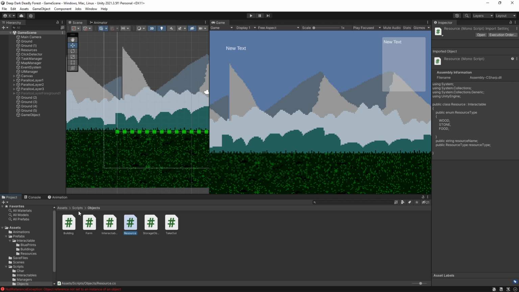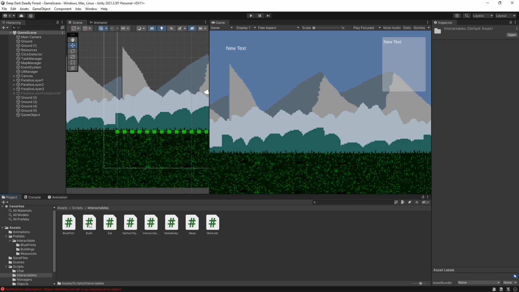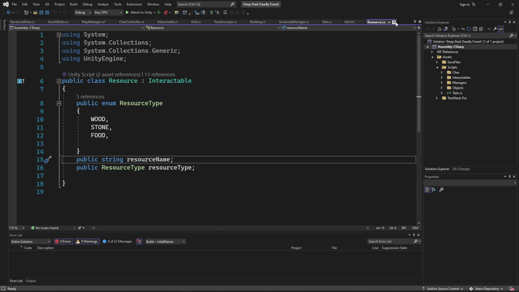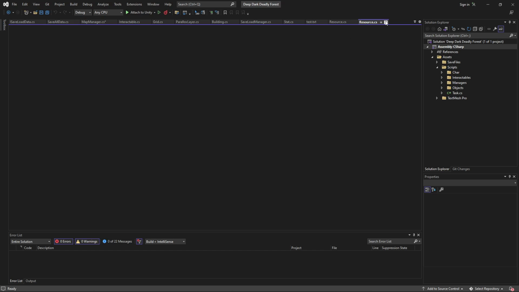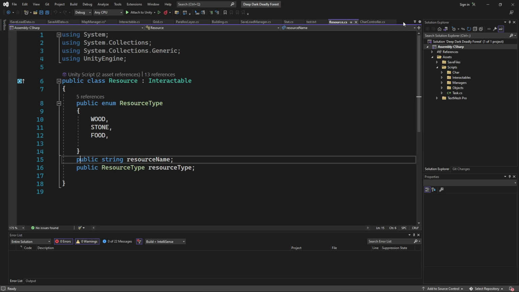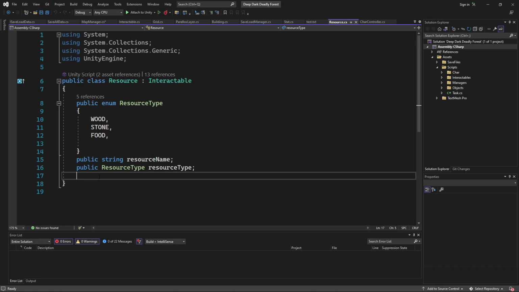I have this. I don't see any others. Let me go here. Resource. This is under scripts. This is nothing. All right. So in here,